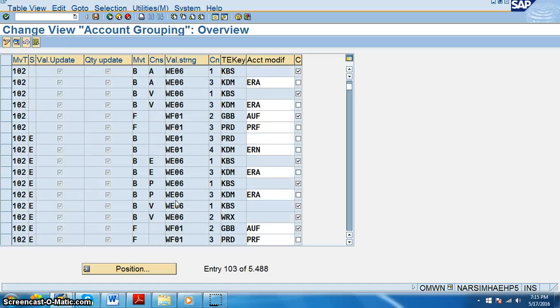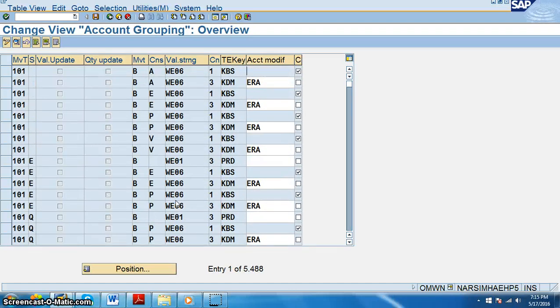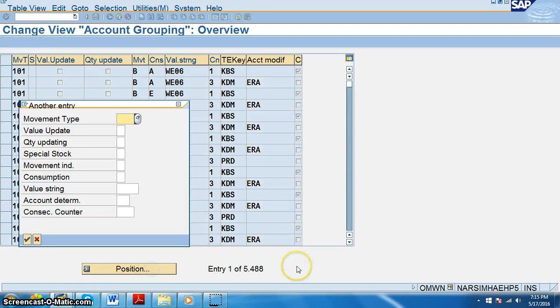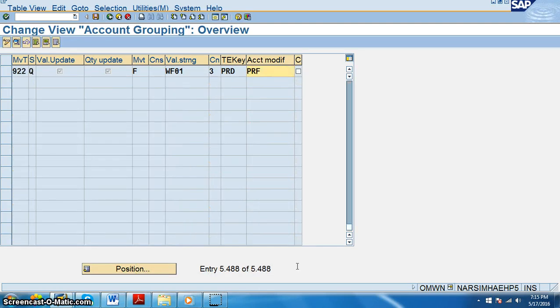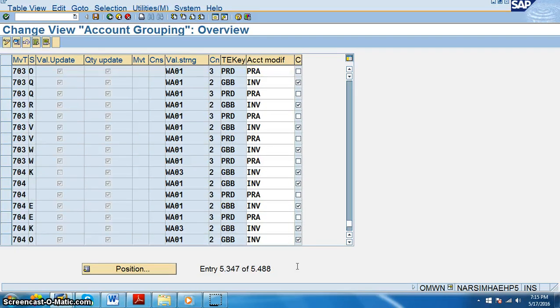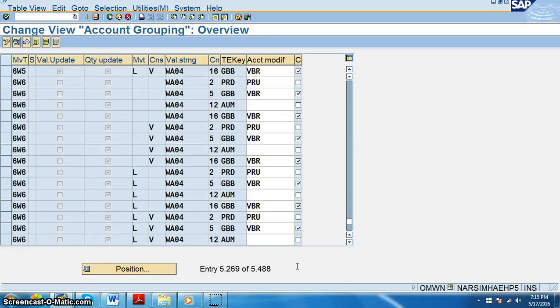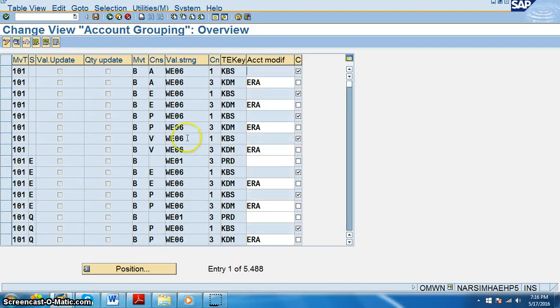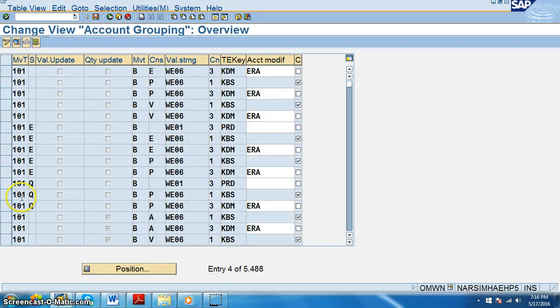So here we have account grouping, and grouping is like, we have to combine these things. So position, movement type is VPRO, so we don't have it. So movement type, account grouping, we just have an overview here. We can't change this, so we'll just have movement types, account grouping movement types. We have 101.